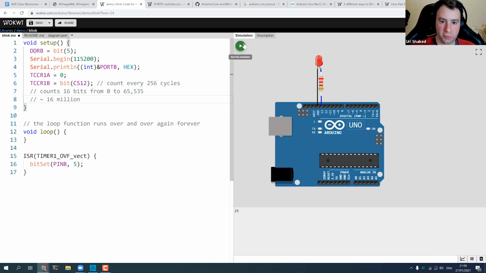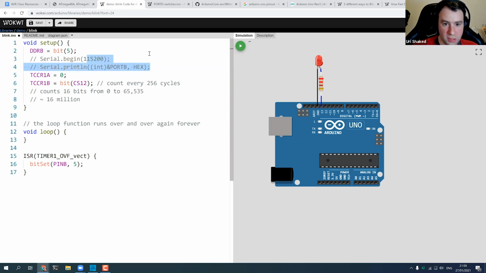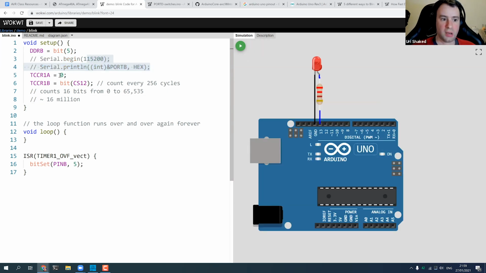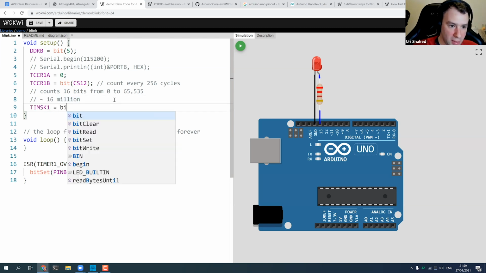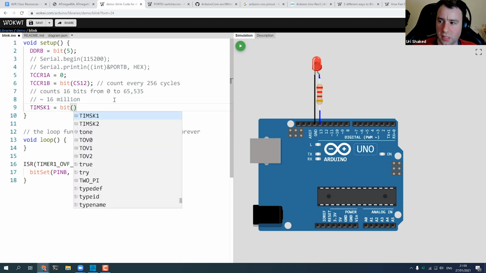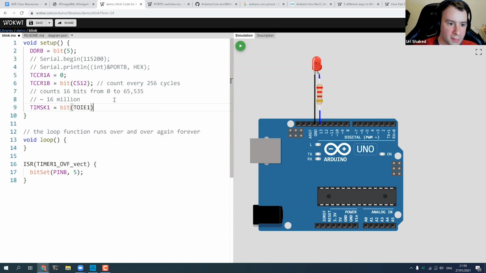If we run it now, it won't do anything interesting, because we can remove these serial prints, and we have set up the counter to count but we haven't set up the interrupt. To enable that, we just need to enable the interrupt bit, similar to what we did with the GPIO pins.